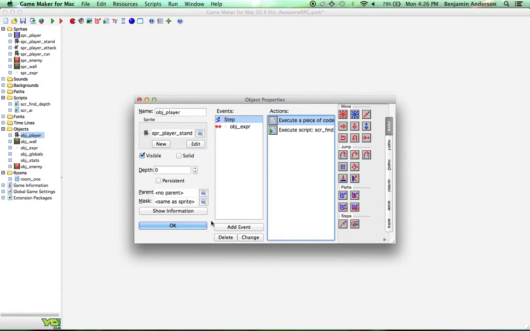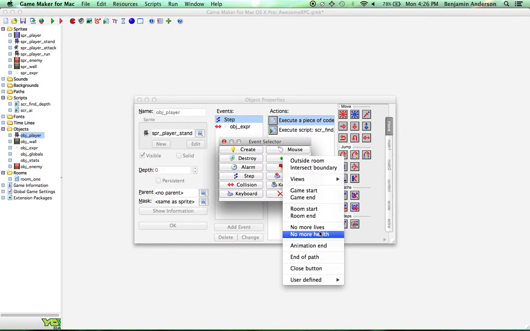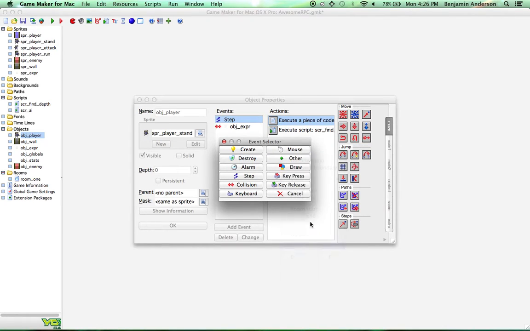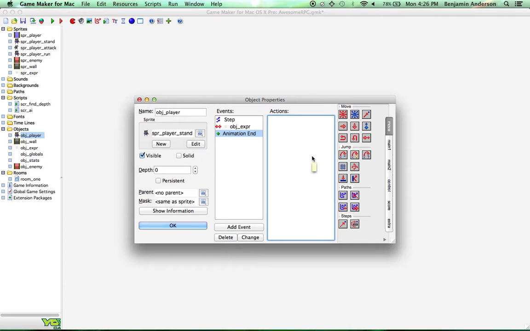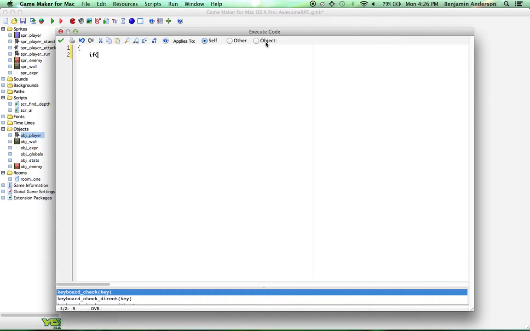Now what we're going to do is add a new event, and this event is going to be an animation end event. And here it is. So what that does is it says at the end of your animation, so once it's gone through all of your images, do something. Okay? We're going to bring some code into here, and let's see here. We're going to, let's see, if image, let's see, sprite